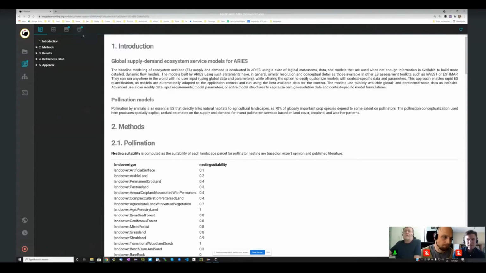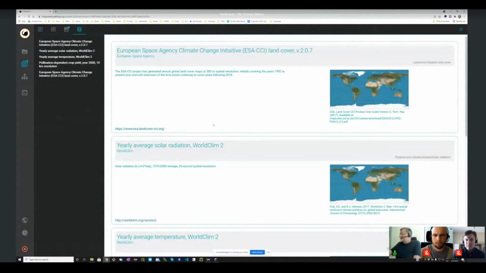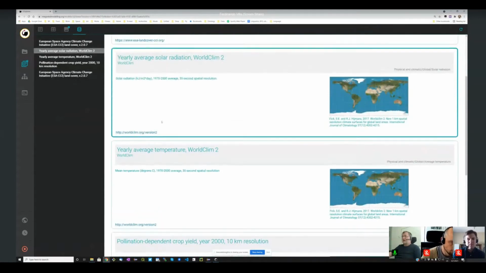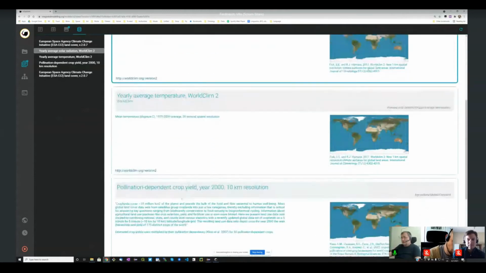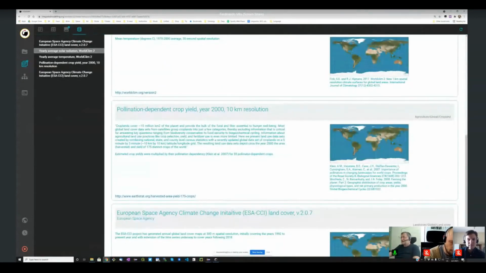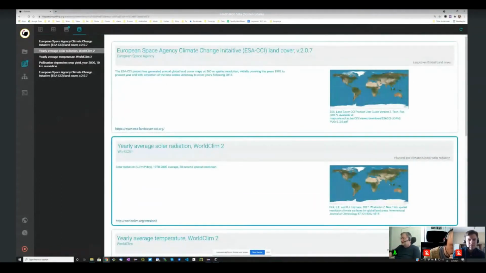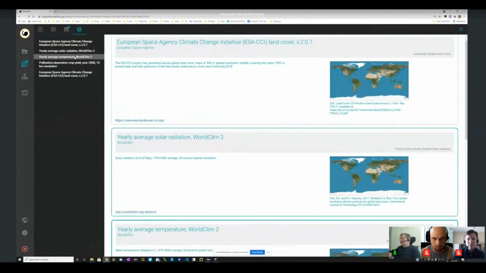But the other parts of this window here, the other component, these are all the data sources. Because the system picks data from the network, but keeps them accurately organized and documented, for each data set that has been used, you get a badge here, like a card, where you have the link to the actual data. So if they are public, you can go and download them. If they are not, you may not have the link. And you get the descriptions and the authors, the spatial coverage of each of them. These are all global data, so you don't see anything here, but you could see a little red polygon that tells you where the data are available.